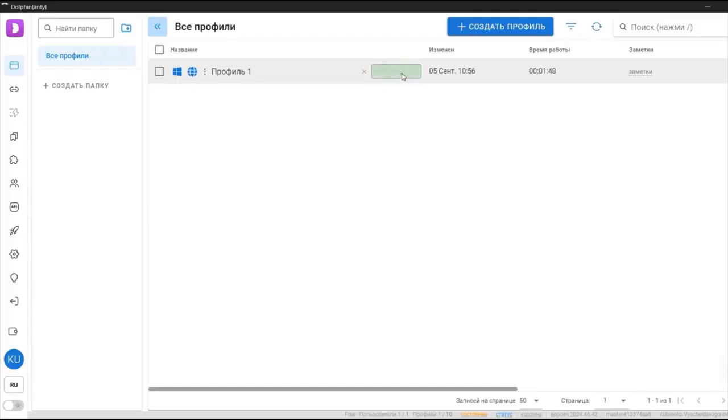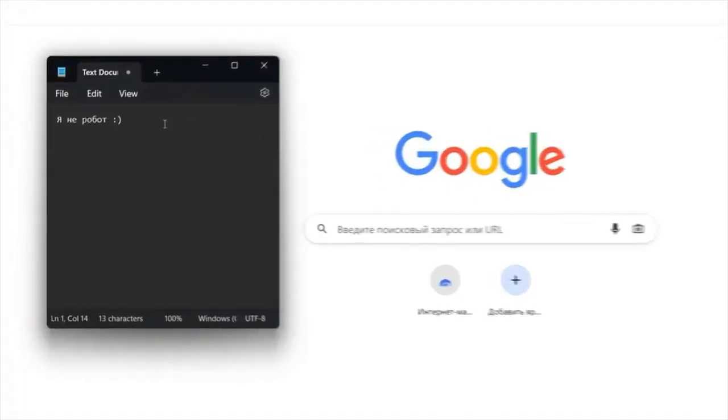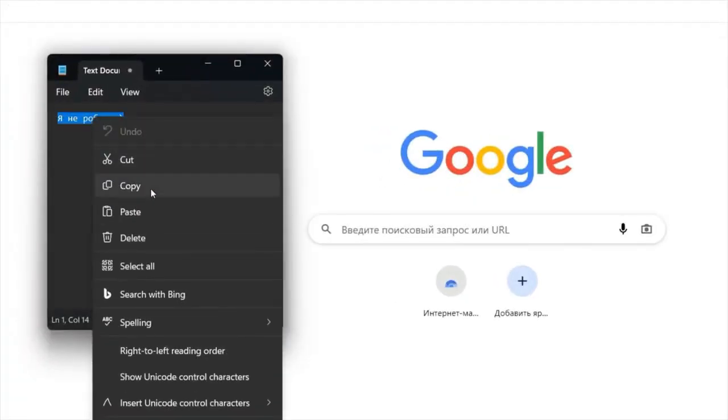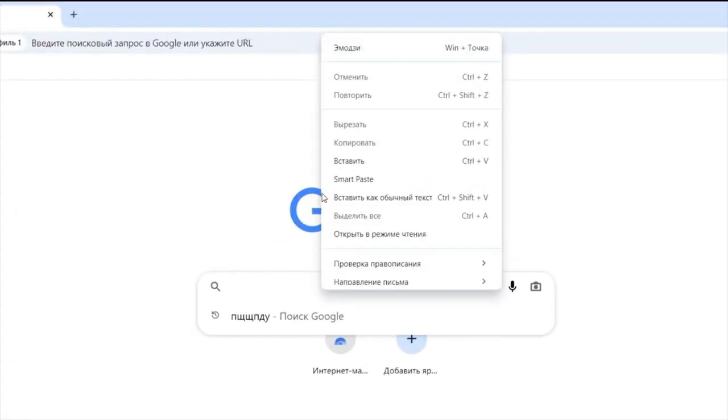In this video, we will go over the Smart Pass feature in the Dolphin Anti-Detect browser. This feature simulates manual text input on the keyboard. When text is pasted from the clipboard, you will be able to see on the screen that the text is